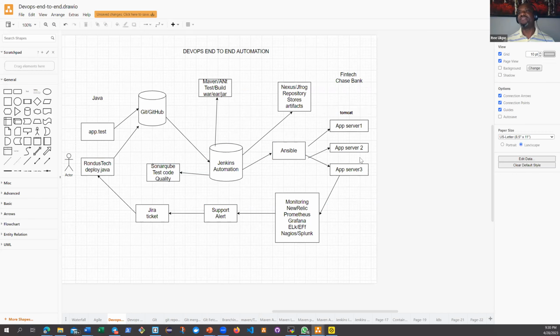So these are Tomcat servers, right? Application servers 1, 2, 3. Ansible is a configuration tool, but Ansible can also be used for deployment, right? In this case, I put Ansible here. Jenkins will tell Ansible, please, I need you to deploy this application. It's good to go. So the application will be deployed